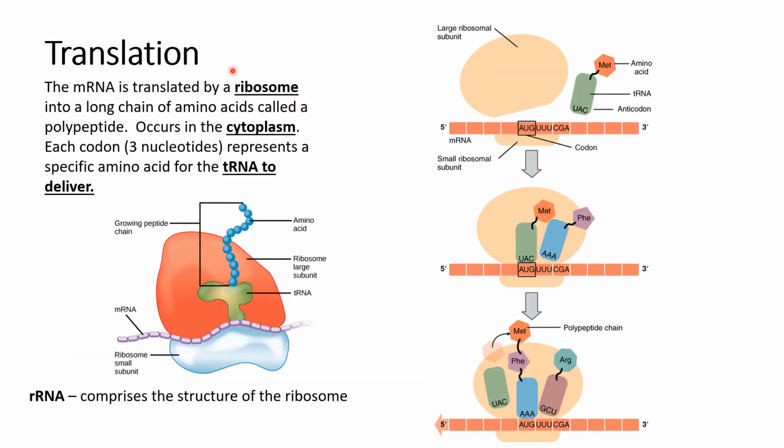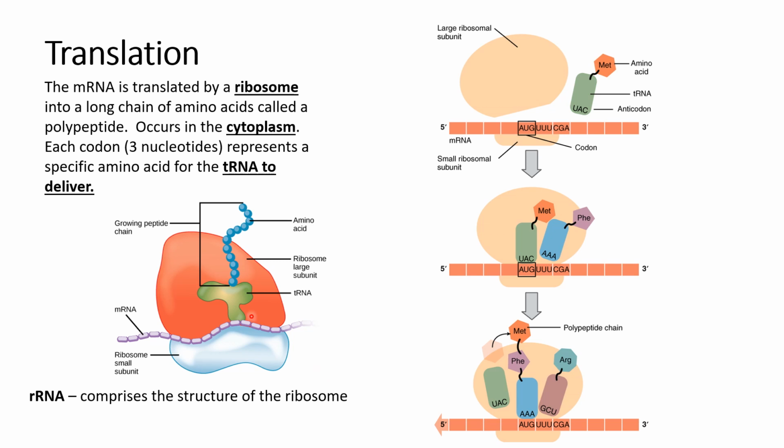Here we take a closer look at translation. Translation occurs at a ribosome. A segment of the ribosome that's used to read the messenger RNA is called ribosomal RNA, or rRNA. It's written right here. It's the structural part of the ribosome. Here's the messenger RNA that's being fed through a ribosome. Remember that the ribosomes will read the messenger RNA 3 nitrogen bases at a time, and that codes for an